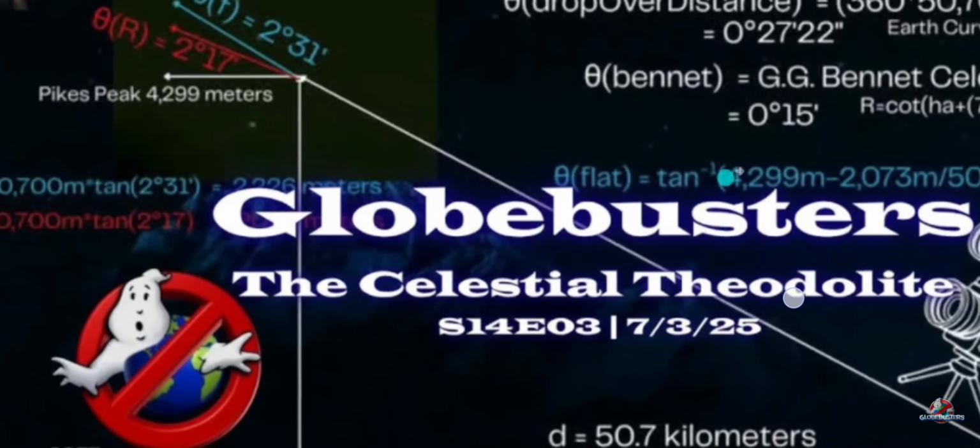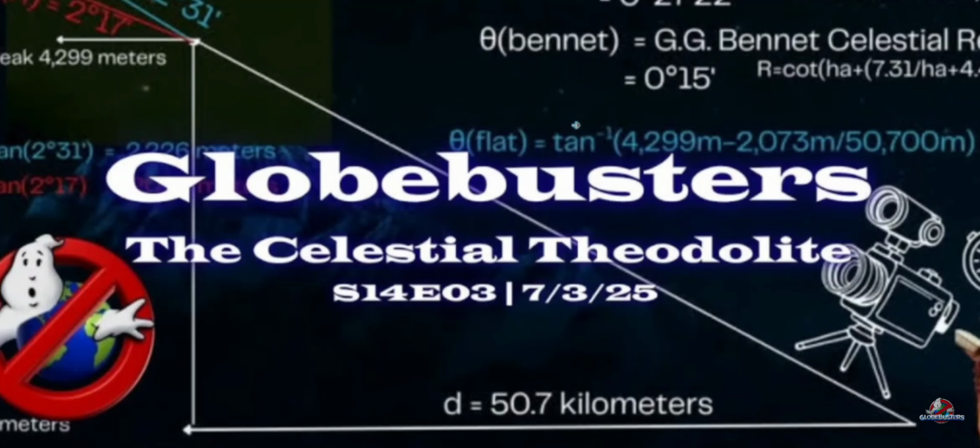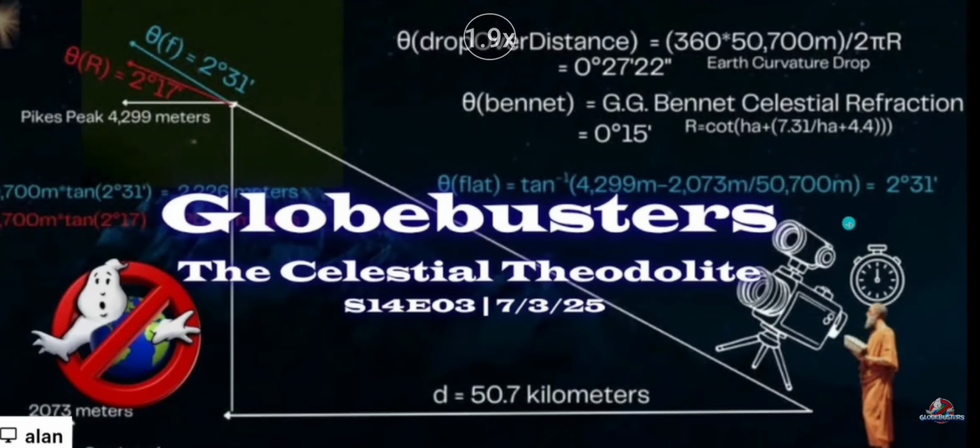So then the celestial theodolite update hit Globe Busters here, so we did a recap of that. The celestial theodolite, of course, is using timing intervals in the coordinate system they have constructed with the position of the stars and seeing when there's a geometric alignment which causes an occlusion. With respect to an observer at some distance relative to a mountain peak, we can do some trig to figure out what the relative angular size of the mountain should be if the Earth is flat, like what that intersection angle would be for a star to get occluded at.